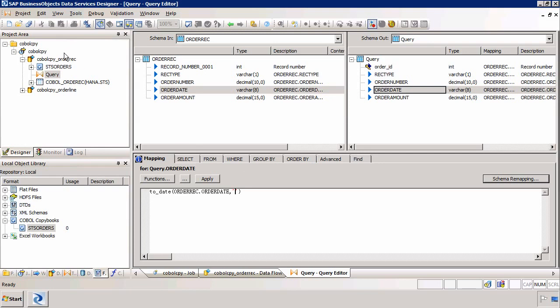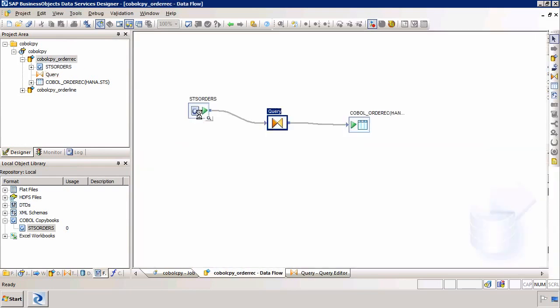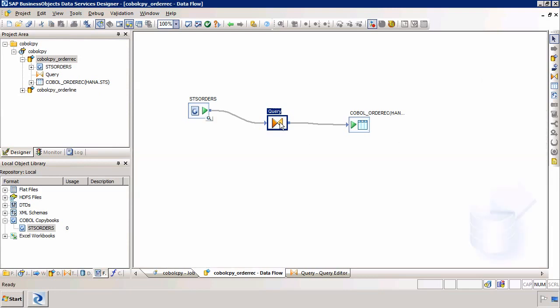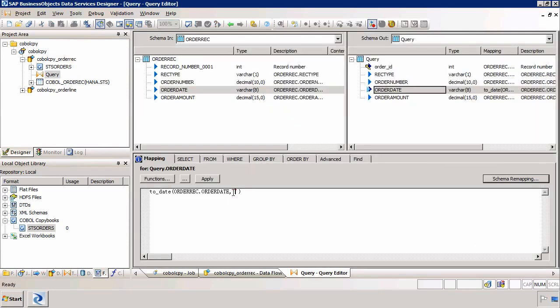So if I go back to the data flow and look at the data within that STS orders, I can see that it starts with the year, then it contains the month, and then it contains the day. So if I go back to my query and change this to 4 Ys, 2 Ms, and a DD, then that is the format that it will read,